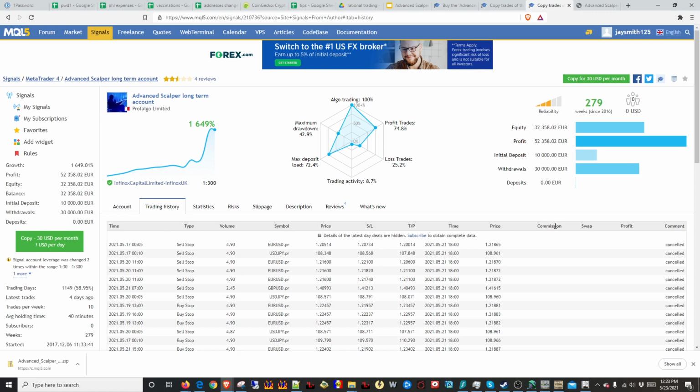So you're going to have a much higher spread on a non-commission account. What does this mean for a scalper? Well, it means the scalper makes a lot less money, because if your spreads are worse because you're not paying commission, and the broker has to make money somewhere, it means your spreads are higher. So that's another reason that his long-term real account is not